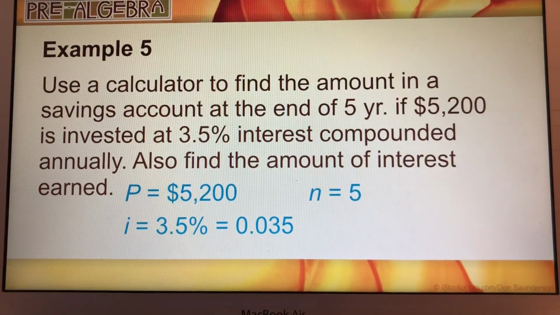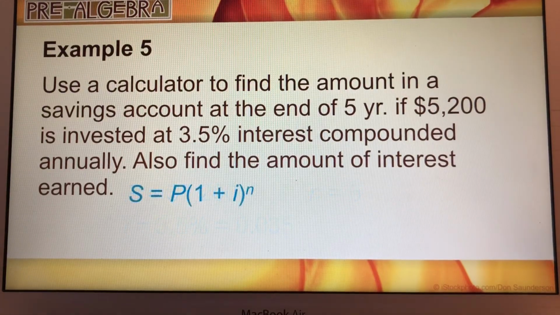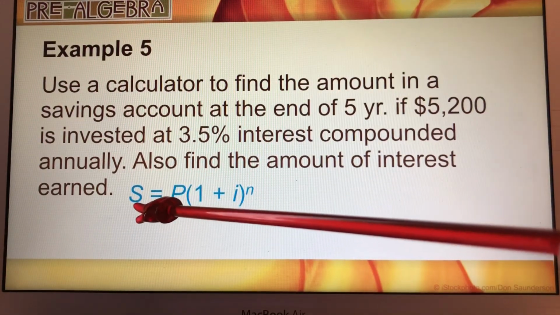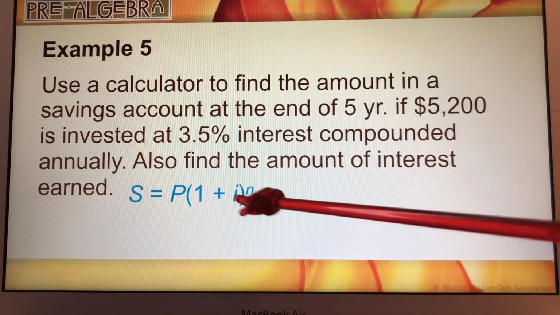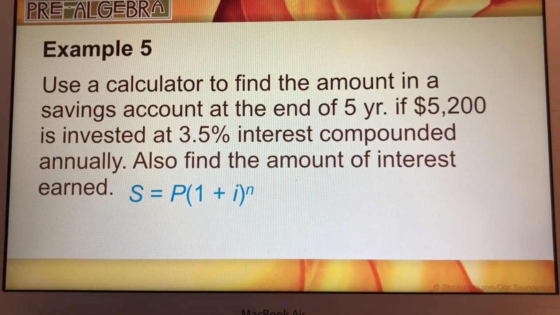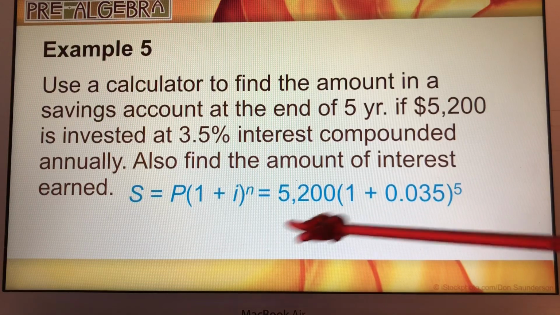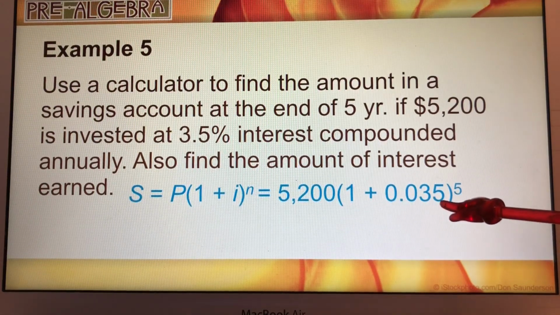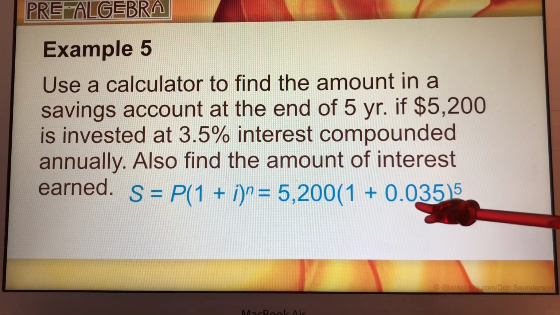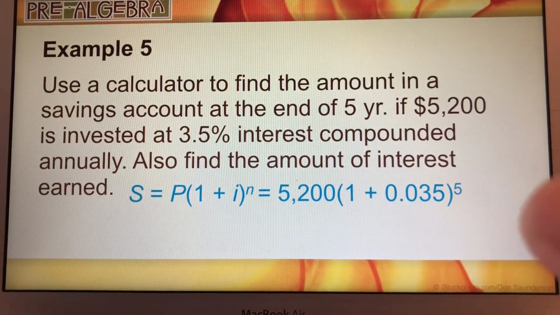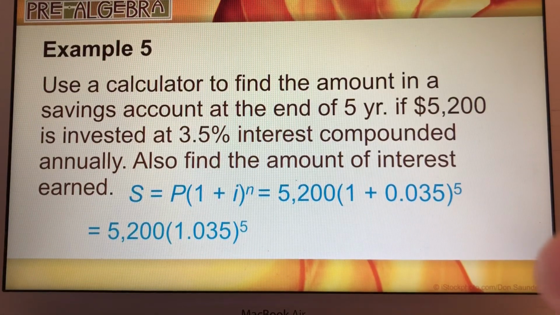And then find the amount of interest earned. So for the amount of savings, you're going to take this formula and plug in the numbers that we already specified. The principal was $5,200. Your interest was 3.5%, and we converted it to a decimal, 0.035. And the number of years, the N, is 5. And then if you do the math on that with your calculator,